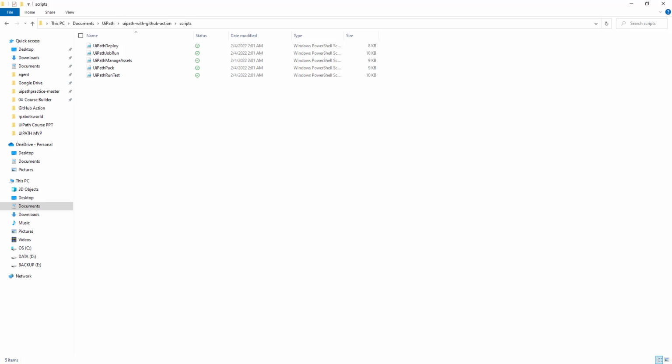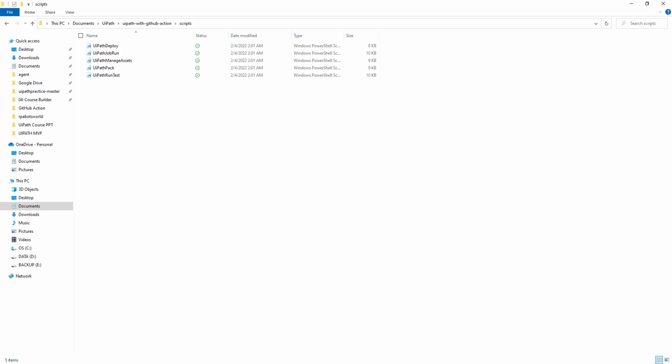These are unofficial scripts provided by the UiPath team because they cannot provide a native plugin for all the CI/CD tools, right? They already have a native plugin available for Jenkins and for Azure, but they don't have a native plugin available for GitLab, or any other CI/CD pipeline.